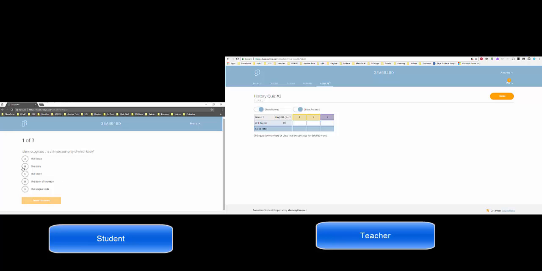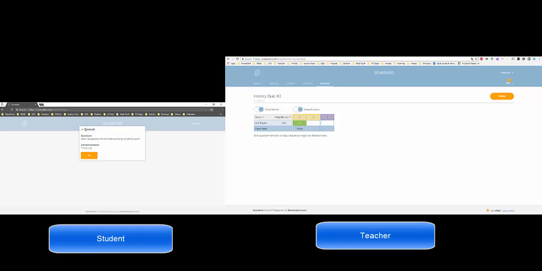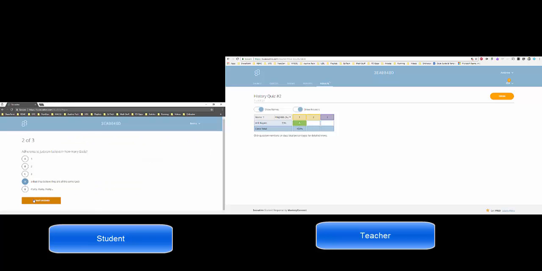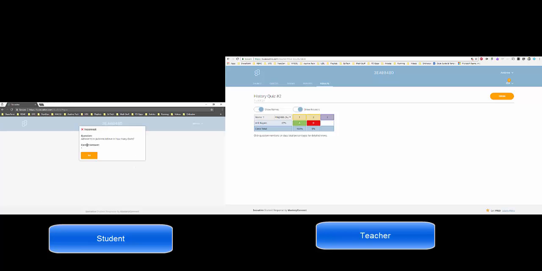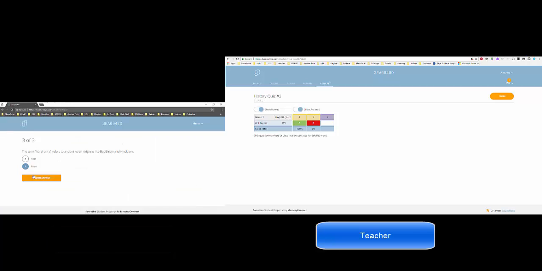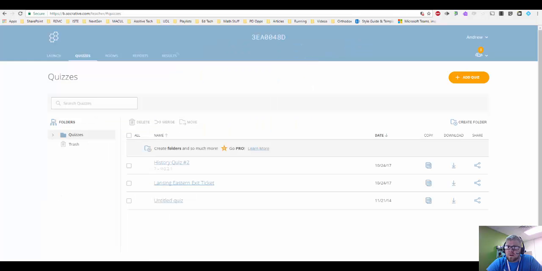Okay, so they'll answer the first question. It'll tell them they got it correct. It'll also tell me on my side that the student got it correct. Okay, so this one we made a mistake, so it tells me over here on mine that I made a mistake. Alright, so as you can see, it's definitely worth exploring how Socrative can contribute to your